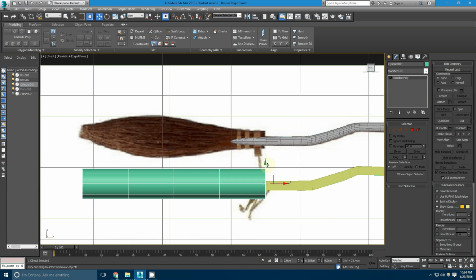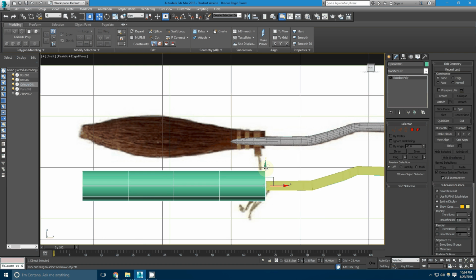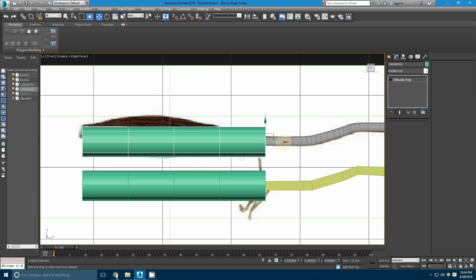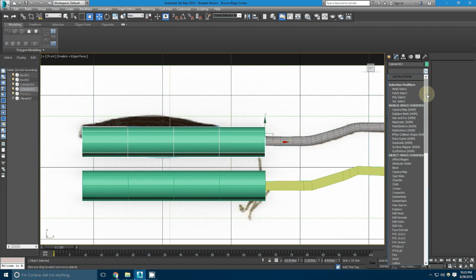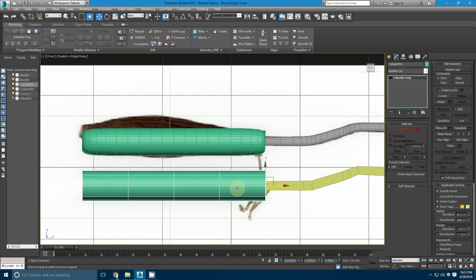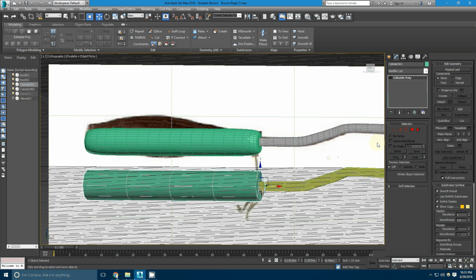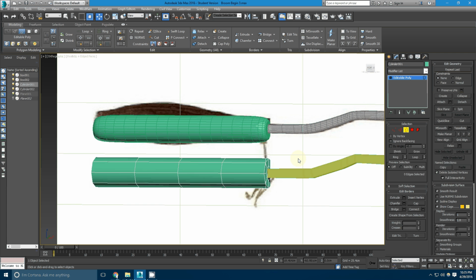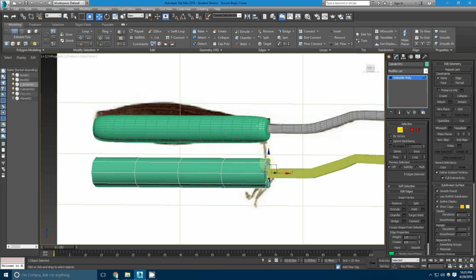Okay, I'm going to put this one down here on this broomstick. I'm going to make a reference just like before. Yep. Okay. And put that right there. And the same thing as before. I'm going to put a turbo smooth on it with 2 iterations. So I can now manipulate this and see what happens. I can hit the G key to turn the grid off. It makes it a little nicer. So let's come into our edge selection, double click,